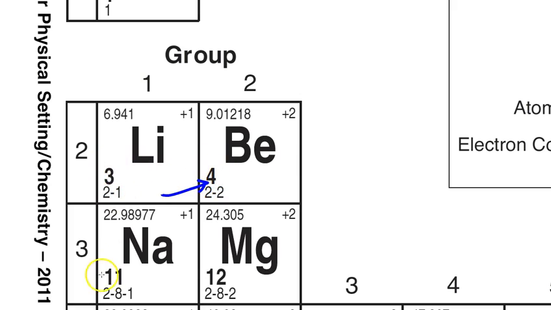Notice every element has its own unique atomic number, which is the proton number. So it's beryllium. But more important, I notice the configuration is 2-2. What does that mean? There are 2 electrons in the first shell, and there are 2 electrons in the second, which kind of makes sense because if there are 4 protons,